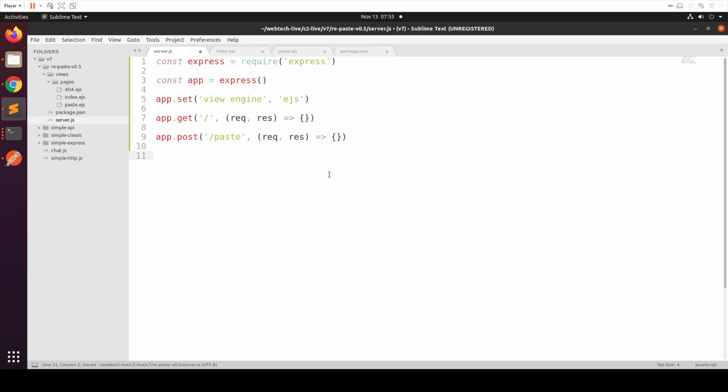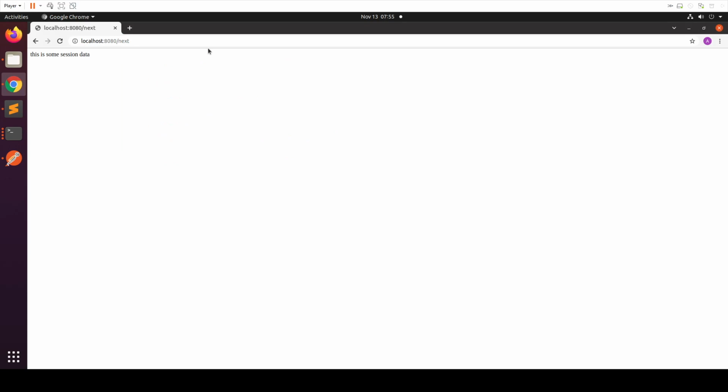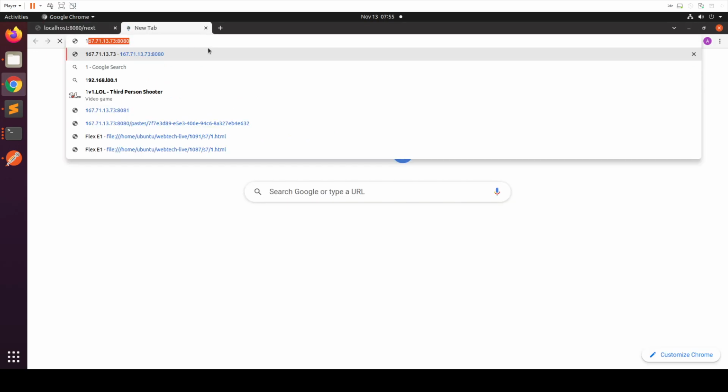We can get the paste. And this is not really obvious, but we probably want to be able to get a raw paste. That's because in the actual application which functions,